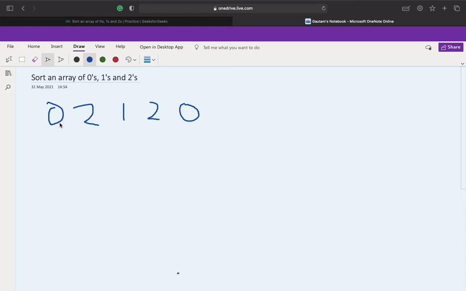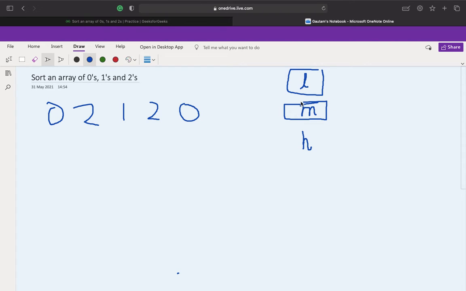So what we'll do is maintain 3 pointers for the array, namely low, mid and high. What will these 3 pointers do? The low pointer will maintain the position of 0, and the mid pointer will maintain the position of 1.